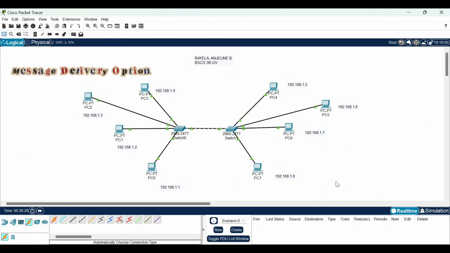In message delivery options, protocols also specify how data should be delivered. Unicast is one-to-one, like PC0 to PC5. Then multicast, one